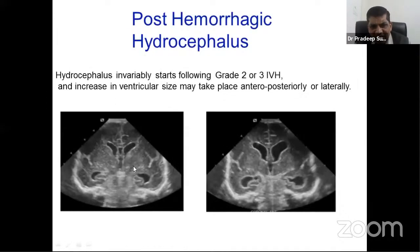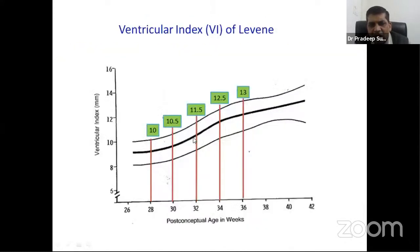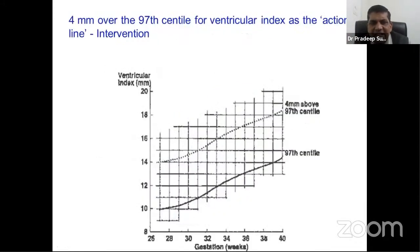When it comes to hydrocephalus, mainly post-hemorrhagic hydrocephalus, you need to monitor the Levene's index. Levene's index is from midline to the lateral wall of the lateral ventricles. These Levene's indices have a chart from 28 weeks to 42 weeks onwards. You need to remember the 97th centile as 10, 11, 13 at 28, 32, and 36 weeks. That's how you simplify and remember the 97th centile. When these indices go more than 4 millimeter above the 97th centile, that means 10 plus 4, 14, 11 plus 4, 15, and 13 plus 4, 17,